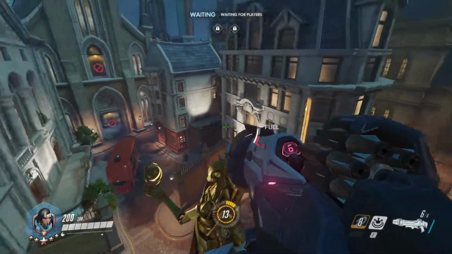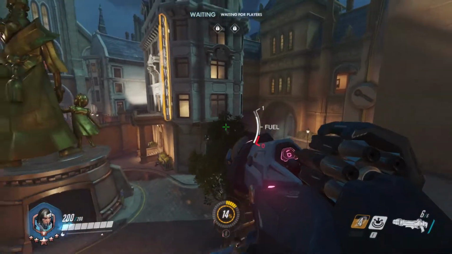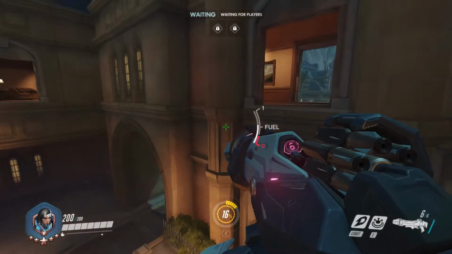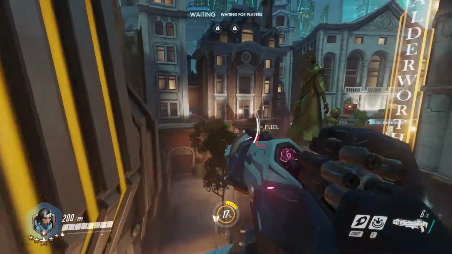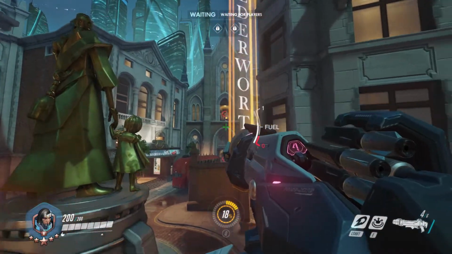Replacing Zarya with a Tracer can also work if you feel strong about your DPS players. This is a comp that is very strong against poke comps, the ones that include snipers. This is usually a common opening comp on King's Row since you can snipe all the way from the upper area of the spawn. The other comp that is usually used on hybrid and payload maps involves Reinhardt, Soldier 76,